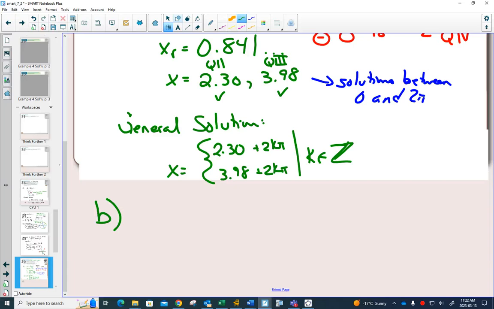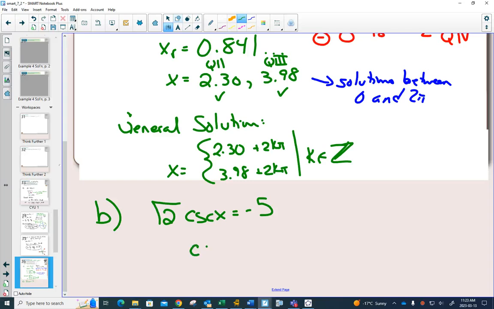Part B, we have a root 2 cosecant x equals negative 5. I read through part B. I notice it's in degrees, so I'm going to right away go to my calculator and change my calculator from radians to degrees. You're going to have to switch back and forth a lot in these units. So being able to notice this one's in degrees, switch to degrees,